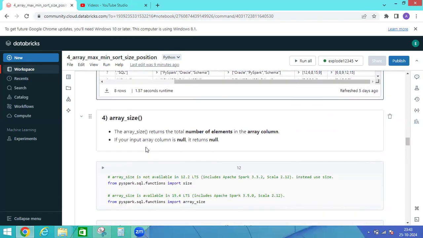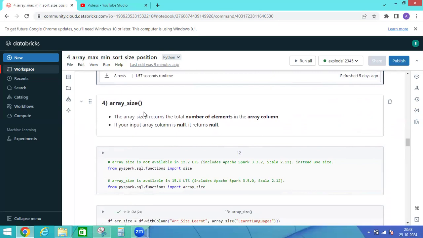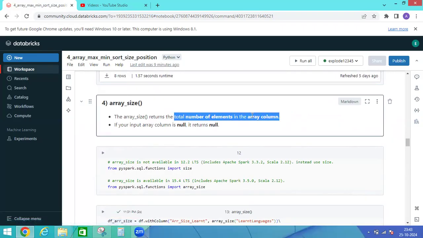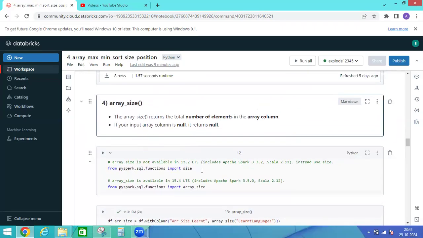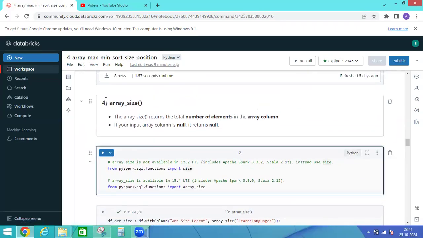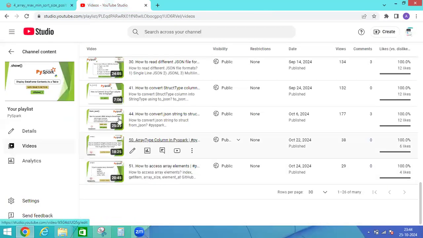Next, we'll discuss array_size. What array_size does is print the total number of elements in that array. And if your input array column is null, then it returns null. This topic I already discussed in my previous videos in my playlist,